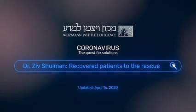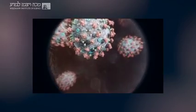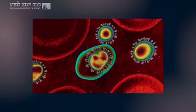In my lab, we study how the immune system functions. We want to understand how immune cells give us protection against infectious diseases and against pathogens that invade our body. Now, with this pandemic of the coronavirus, we want to use our knowledge to create tools or new treatments to prevent this infection and provide protection against this virus or the disease that